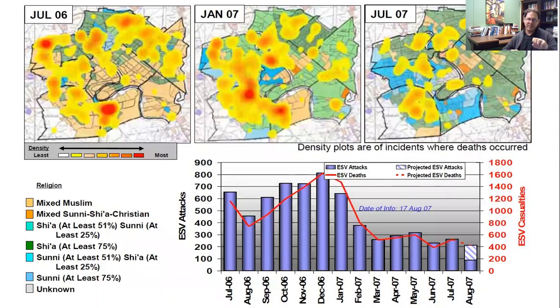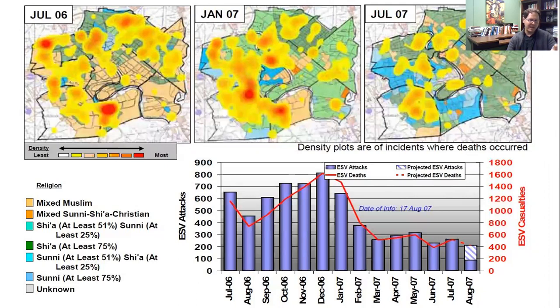But when you look into Baghdad and what's going on in Baghdad, we can see that pattern with the blotchiness, right? The yellow and the red blotchy stuff is showing where the violence in Baghdad is happening. And you can see that in July 2006, it's really intense across a big part of the city, and there's those red areas where things are really bad. And then by July 2007, the blotchiness is kind of gone and the reds are gone. It's just a little bit of yellow. But what's happening underneath is the changing nature of these neighborhoods.